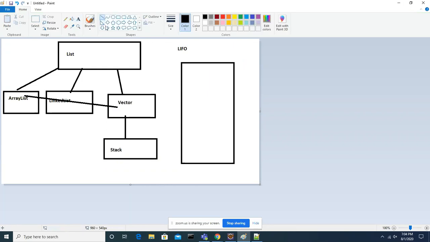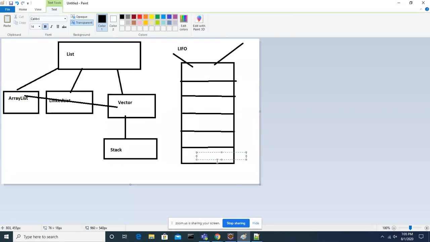Let's say the whole thing is a stack. I'm just dividing it into different blocks, guys. The elements will be added in this direction. Whenever I add an object, it will be stored here. First add 2, second add 3, like this.